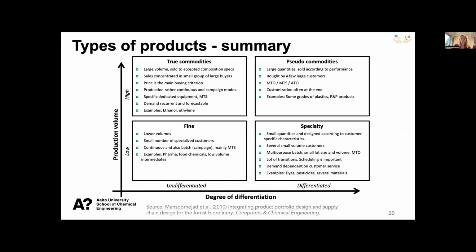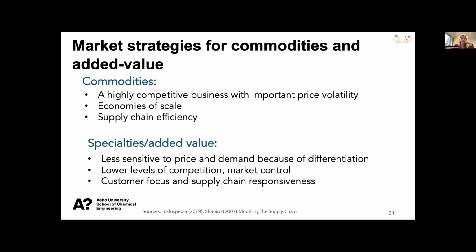This is a big summary for you as we're finishing this first 30 minutes, where you can see in these boxes, which is kind of messy, but if you want to, at home, pause this video, take a further look, have an idea of what each one of those have and how to differentiate them. This is a good way for you to take a look. And then as a summary slide is that,